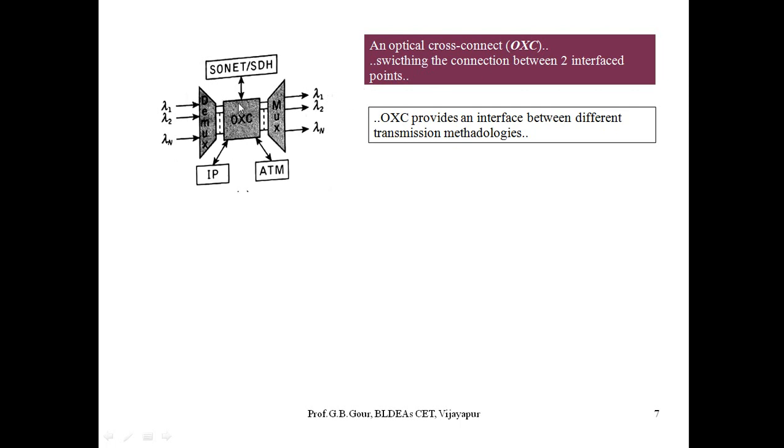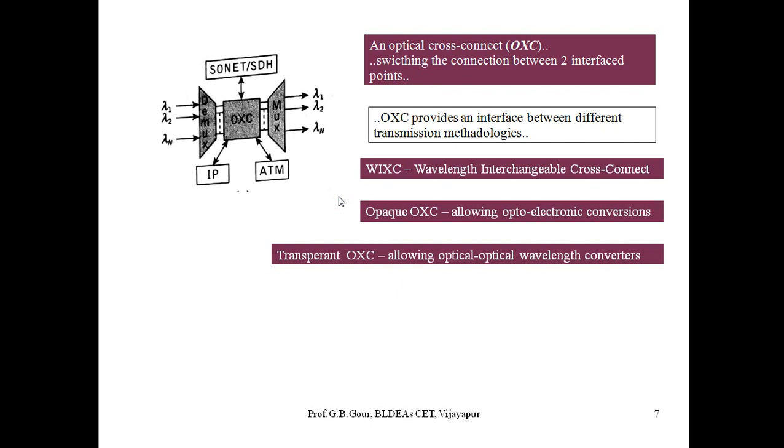So here you can see this optical cross connect. It is going to provide you interchangeable wavelengths between the input and output ports, allowing optical to electronic conversion or electronic to optical conversion, and also allowing optical wavelength converters. Because of these extended uses of optical cross connect compared to a switch, it is going to be the backbone. Later we are going to study that OXCs become an integral part in the long haul part of the public switched telecommunication network.